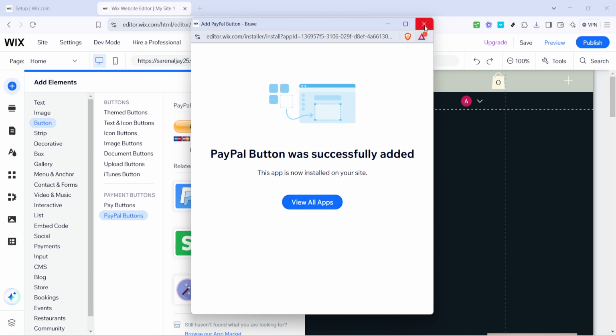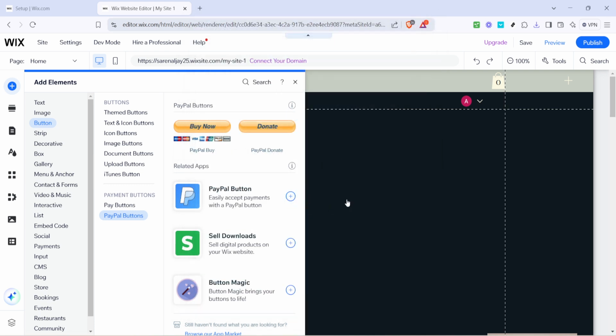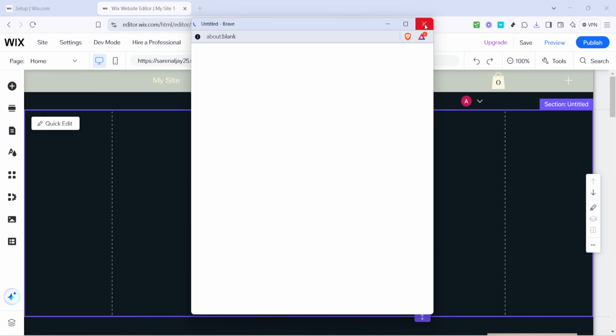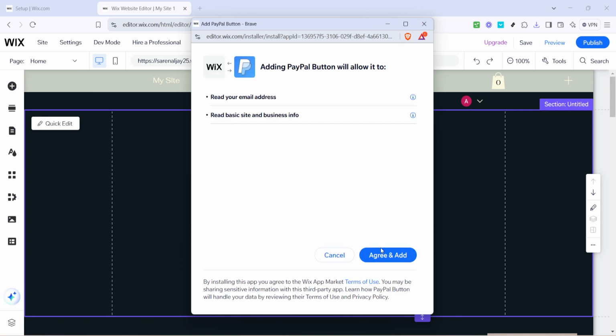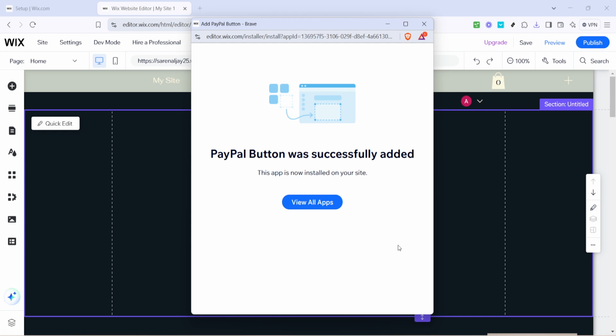You'll see an option to add PayPal info. Click on this. You'll need to provide specific details so the transactions can be processed correctly. One of the first things you'll be prompted to enter is your PayPal email. Be sure this is accurate because this is where your payments will be directed.